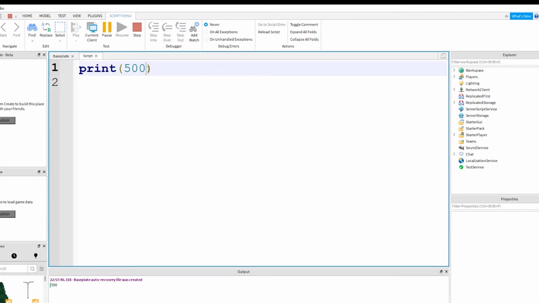And so that's a number. We don't have speech marks for numbers. For a string, a word or something, we have the speech marks. Okay? And so